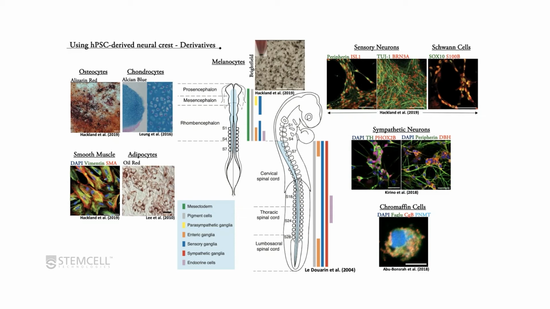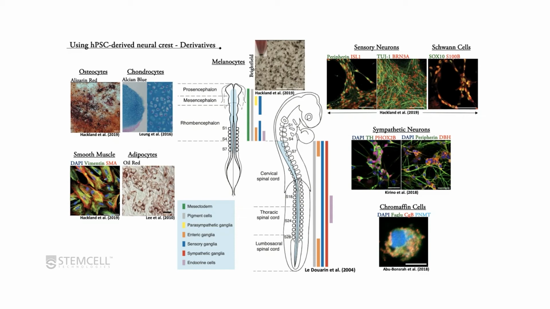Melanocytes were first generated by Yvonne Mica and Lorenz Studer in 2013, and you can find a modified version of their protocol in my publication last year, which easily generates the pigmented melanocytes that you can see here at the top of the slide without using cell sorting. Differentiation of human pluripotent stem cell derived neural crest into sensory neurons, which you can see here at the top right, expressing peripherin, islet-1 and BRN3A, has been used as a functional test to identify neural crest since Pomp's publication in 2005. It's also possible to generate Schwann cells, autonomic neurons, and recently chromaffin cells from human pluripotent stem